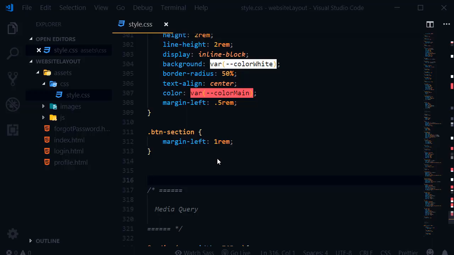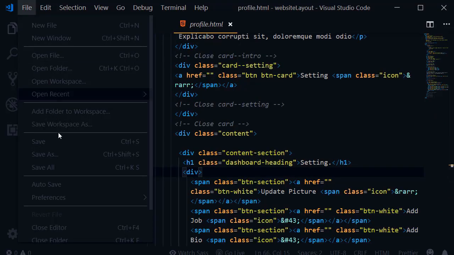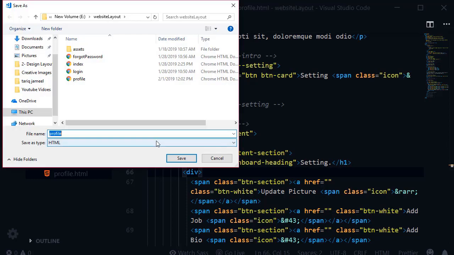Welcome friends. In this lecture, we will create the update password form. So all we have to do, we will simply save as the profile.html file. So go to profile.html and now go to file and click on save as, and the file name will be update password.html,